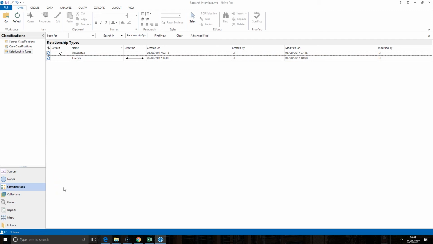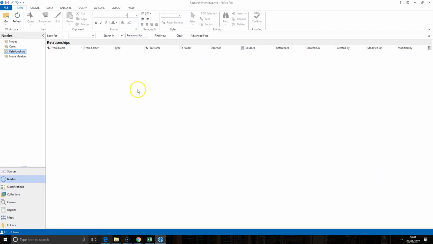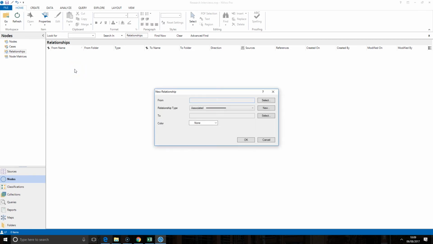And now that's in existence, I can actually allocate that to somebody. So if I go to my nodes, you'll notice there's relationships available as a node here, and it's empty. We've not identified that anywhere. It doesn't exist anywhere. So to create that relationship, I'm going to right click here and go to new relationship. And it's very, very simple. Basically, I've got to select something the relationship goes from and something it goes to, and then the nature of